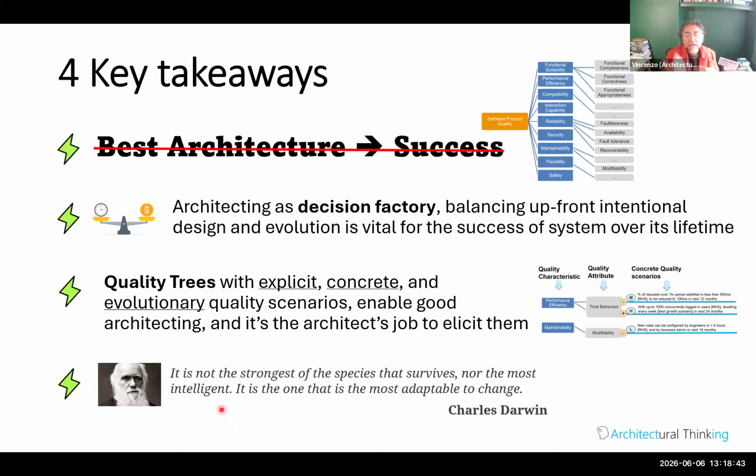But the key message here is that the role of the architect is changing. And I love this quote. And in fact, the role of the engineer is changing as well. In fact, engineers need to become more architects than coders. But we leave that for today. The key takeaway is that it's not the strongest that survives, or the fittest, or the most intelligent, but the one that is the most adaptable to change. And the discipline of software architecting and software engineering as a whole is changing a lot. And so you need to be on top of that. And this training course is one way to help you do that.